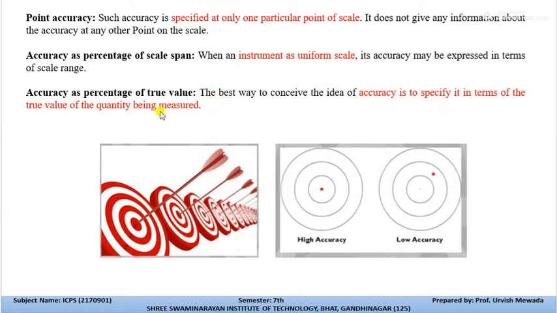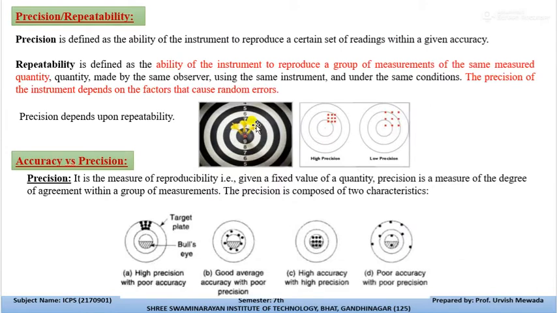Accuracy as percentage of true value means it is specified in terms of the true value of the quantity being measured, that is, the quantity we are actually trying to measure, and the instrument measures that same quantity. So that is called accuracy as percentage of true value. Now the next